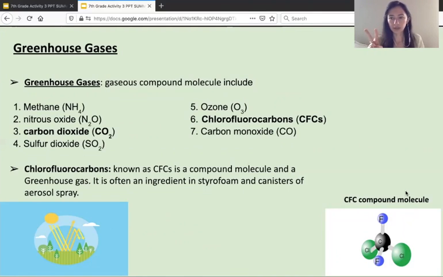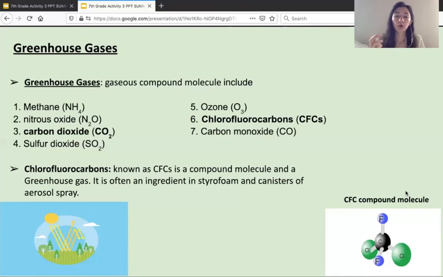I'm going to call those CFCs from now on because that's the shortened term. So CFCs are a compound molecule and a greenhouse gas. And they're also really often an ingredient in styrofoam and an ingredient in aerosol sprays. So certain kinds of home sprays, Lysols, things like that. There's many other products, but the point is CFCs are a greenhouse gas, but they also can be